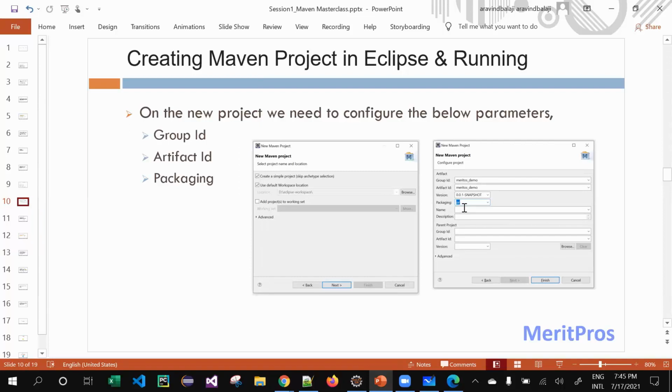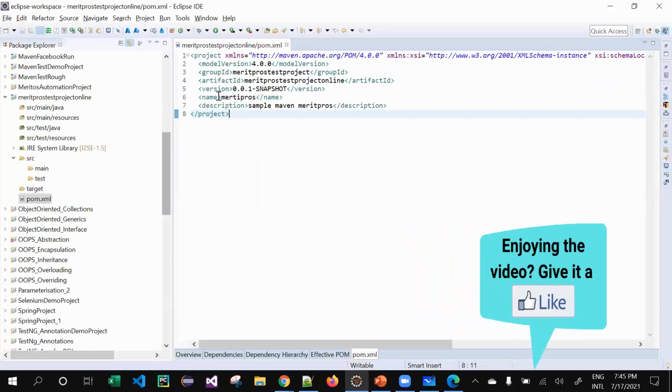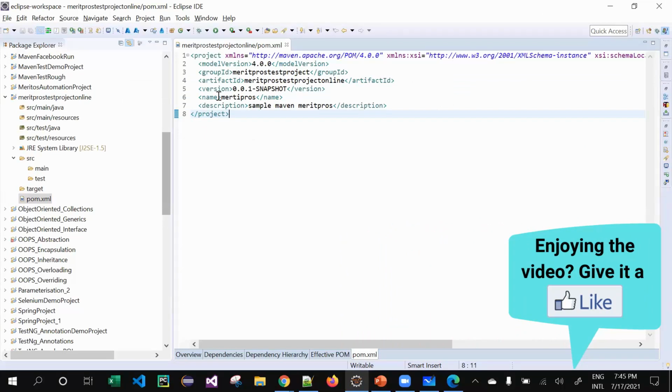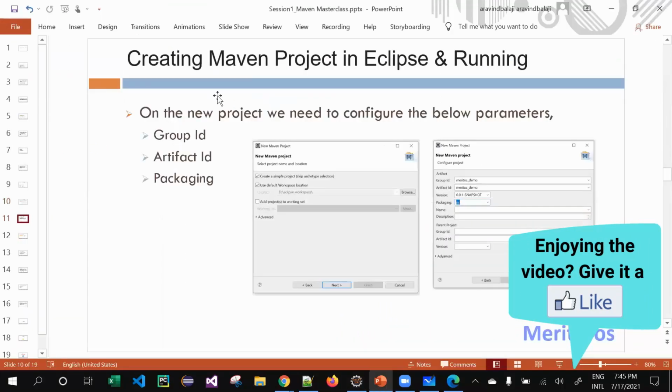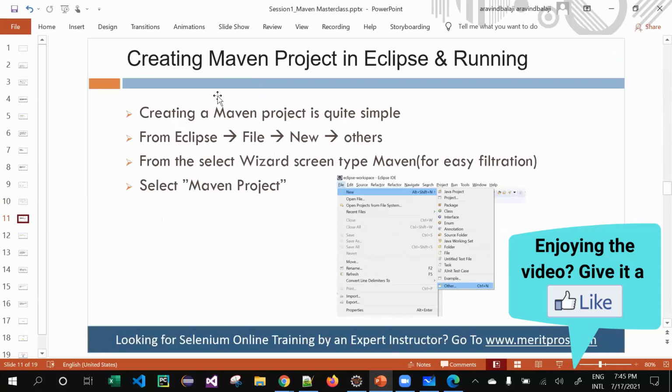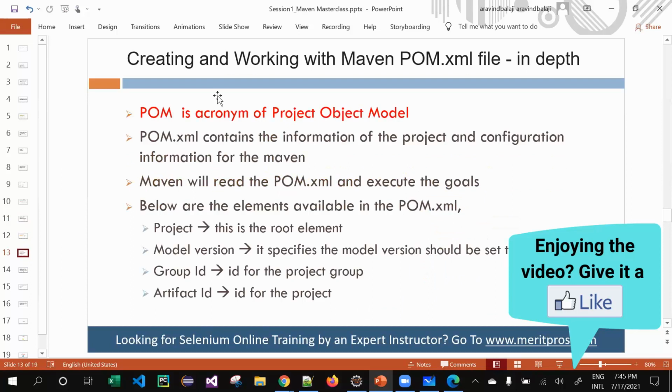If you mention your name and description, obviously it will come out here, but if you don't give it, that's fine, not an issue. It's useful only for you, your team members, and whoever is new to your team.